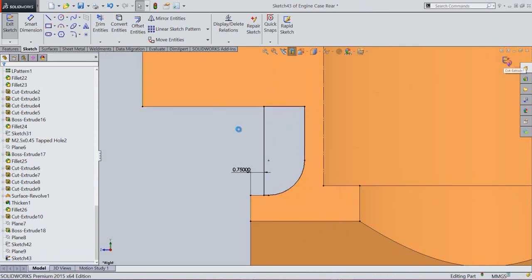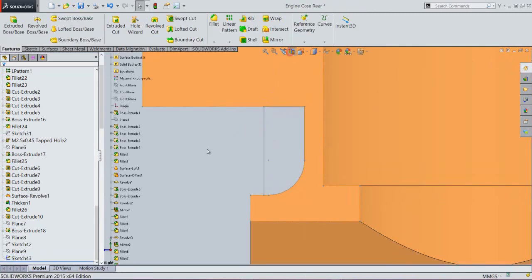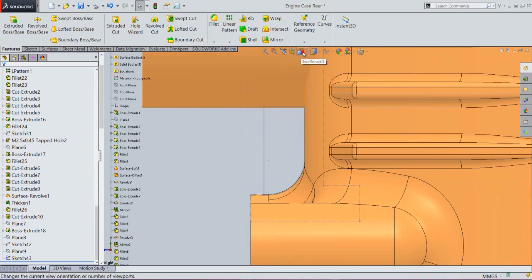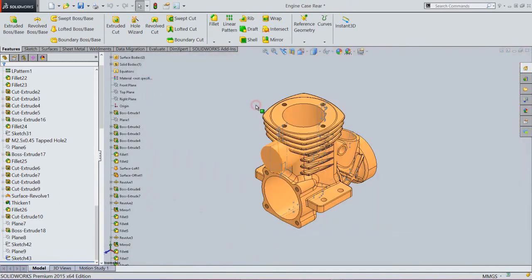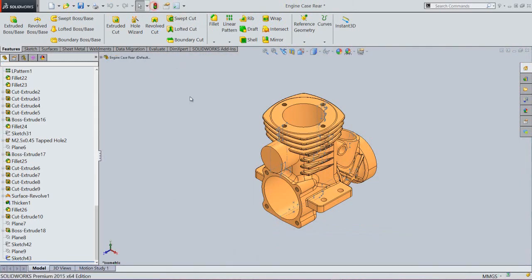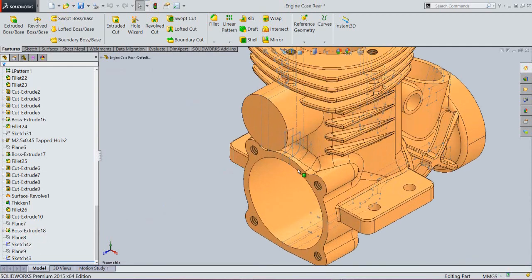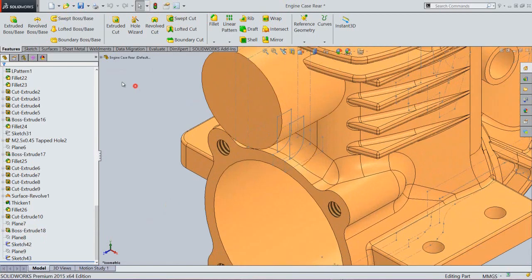Finish the sketch. Open the visibility of the previous sketch. Now my sketch looks like this.